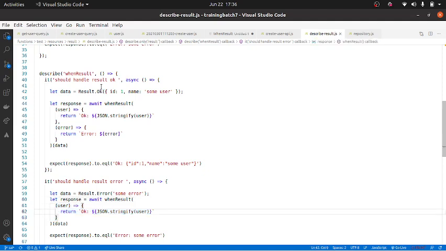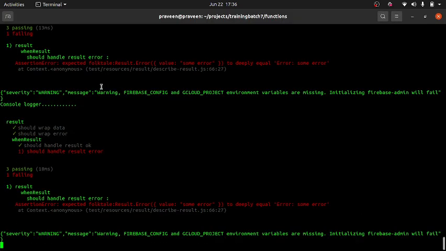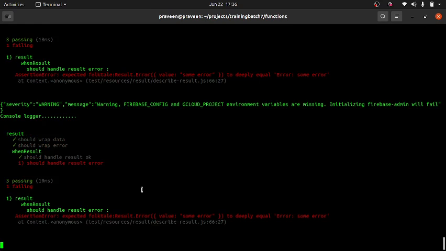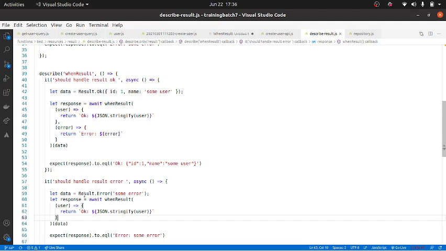So if I remove the error code, let us see what happens over here. If you look at it, it basically told us it was expecting some error. Since I removed the code, the string formatting does not happen. But what is the response that we have got? The same error message that we created, right? The same error message is propagated back into the response.